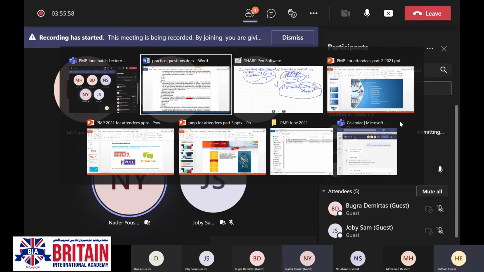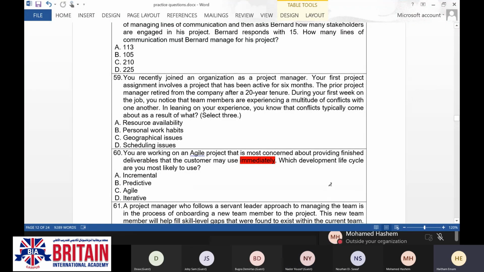So the customer can use it right now and check the market, right? And you are going to use it for a certain period of time and you can add new value to your product, right? So we have selected the incremental life cycle because the customer may use it immediately.